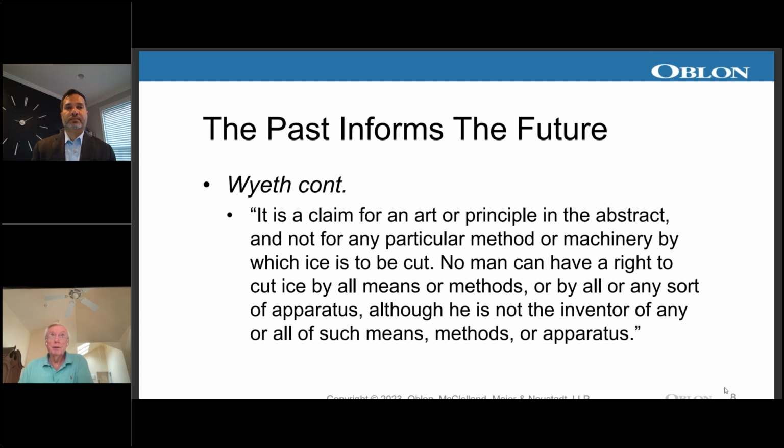Now what we have is what the court called an abstract idea, and said that what the claim was doing was basically preempting all possible means of cutting ice to the same size. Now this sounds an awful lot like an abstract idea, which it probably is, but abstract ideas and enablement are really the same thing, with the difference being their effect in litigation.